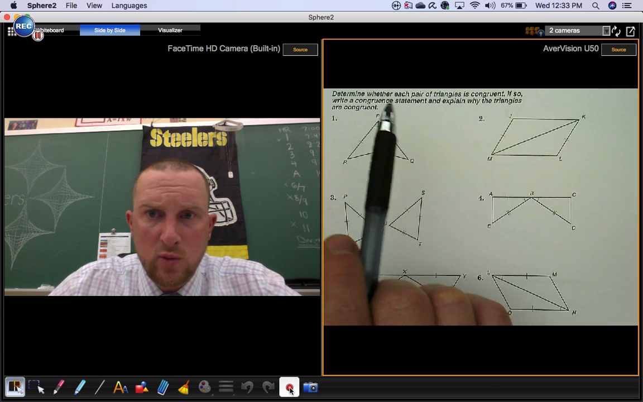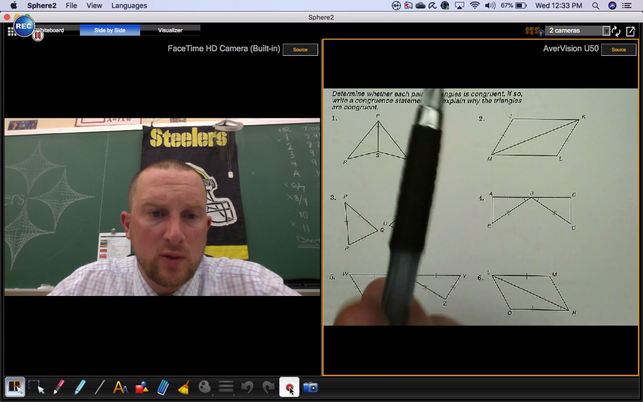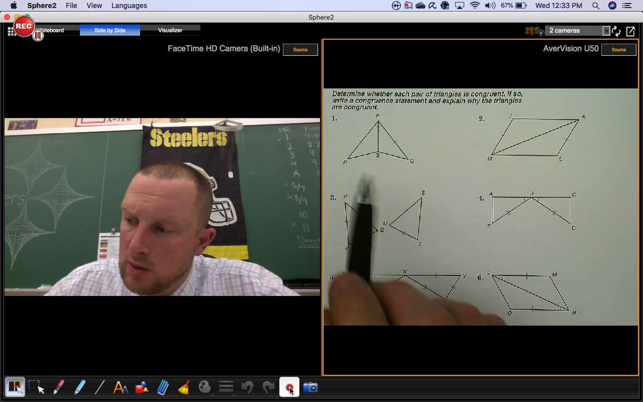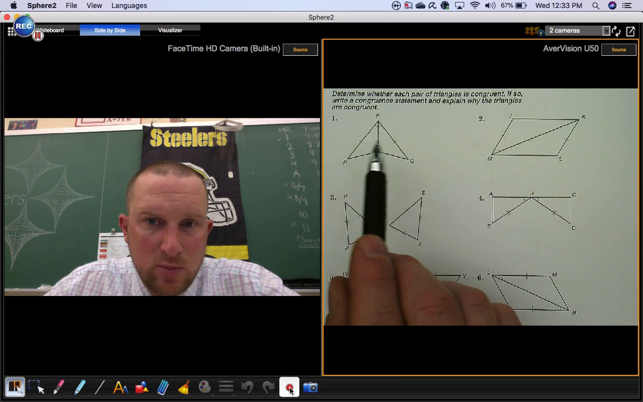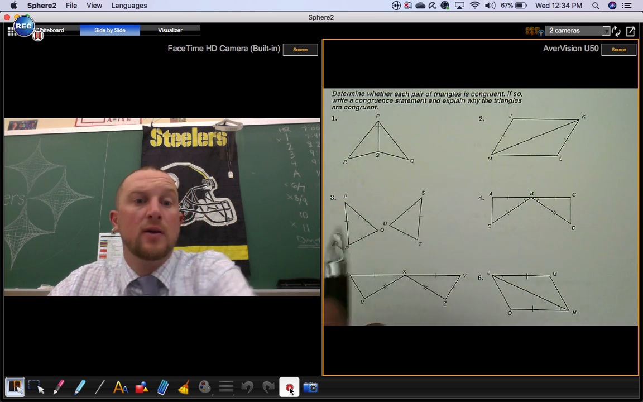So we're going to determine whether each pair of triangles is congruent. If so, write a congruent statement, explain why the triangles are congruent. So are these triangles congruent? I see a pair of congruent sides, and I also see a pair of congruent angles. That's not enough to say the triangles are congruent, but